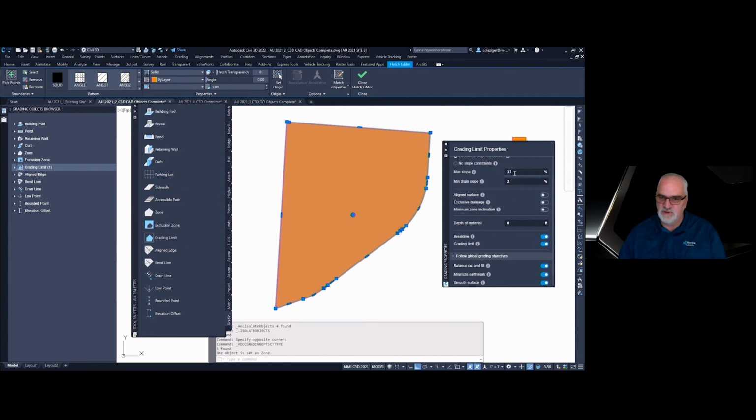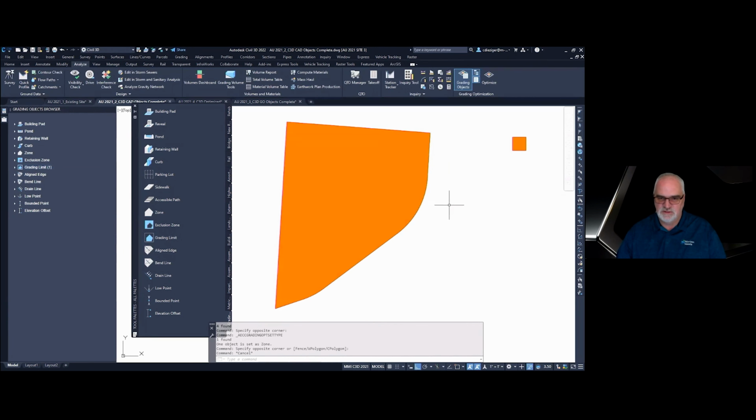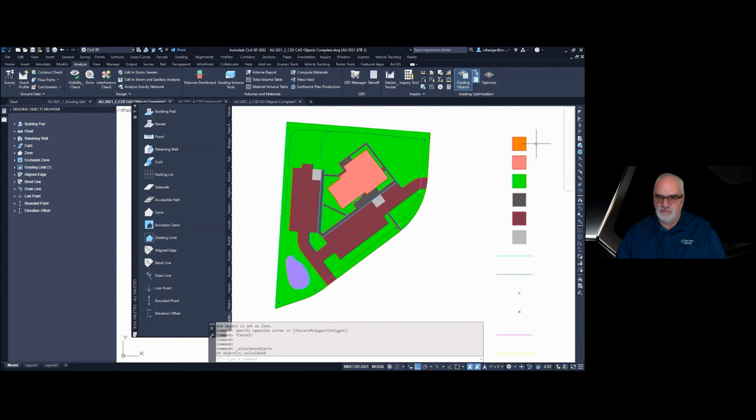So we're going to go ahead and tell it that, and instead of a 33%, we want to have a 40, which is a 2.5 to 1%. And we're not worried about the depth, because this is just basically going to cover the areas that I don't give any constraints to work with. And once I have those set the way I want it, I can just hit escape and close that.